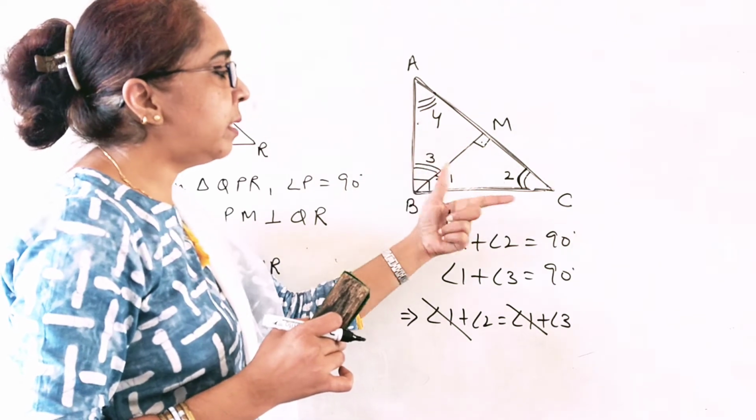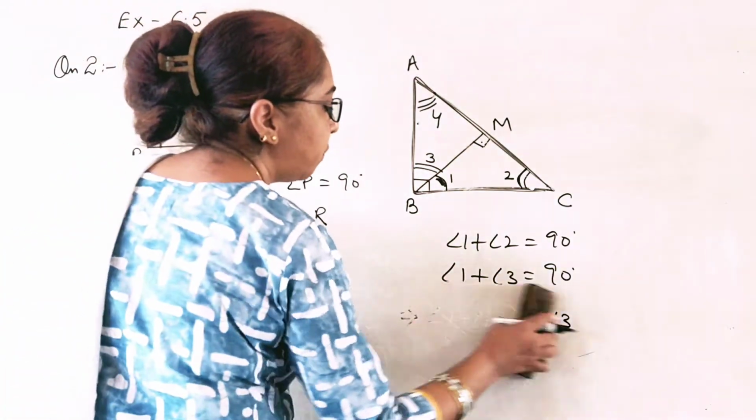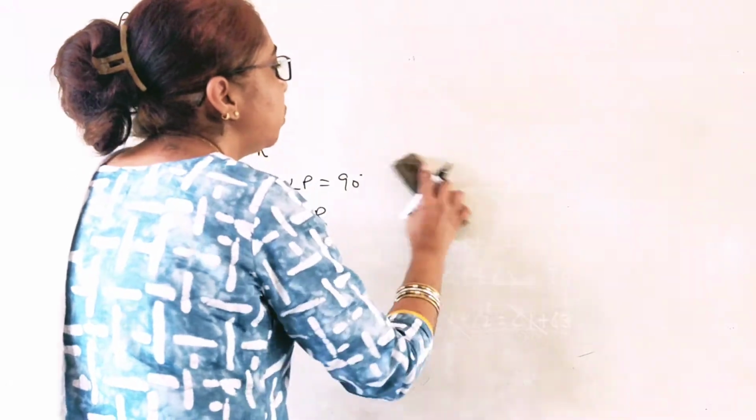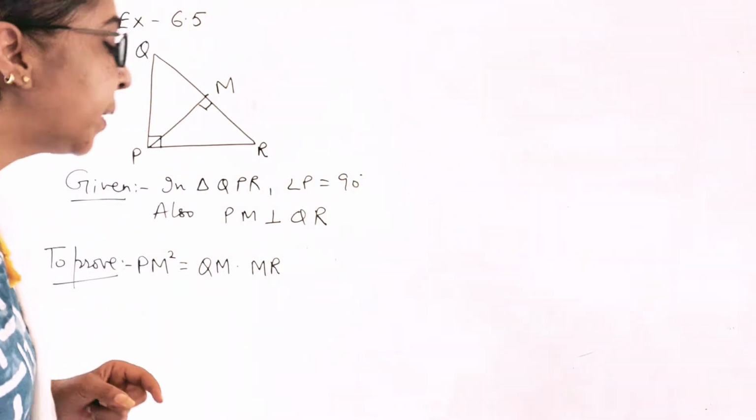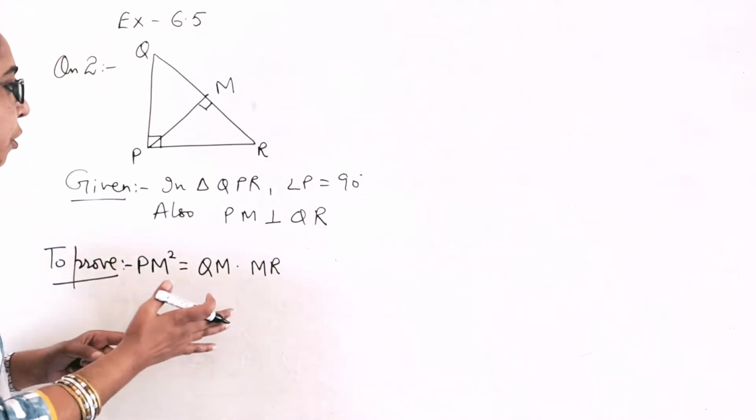So when we write the names of these kinds of triangles, take care of this thing. For doing this question, I'm not making the two triangles similar. I'm just using that result. We have a theorem. I told you about the theorem also.